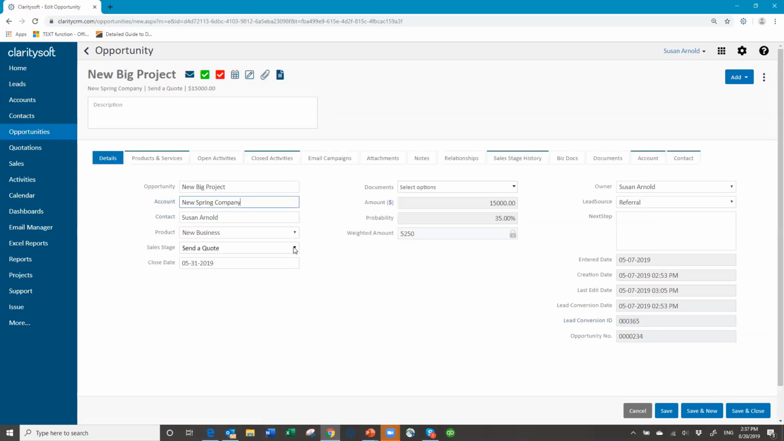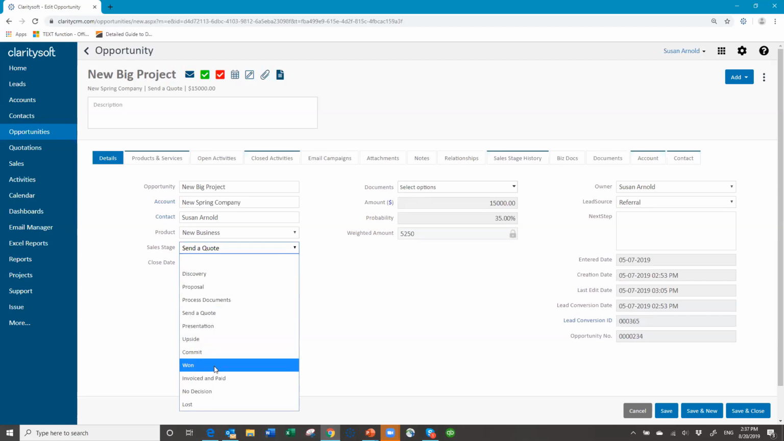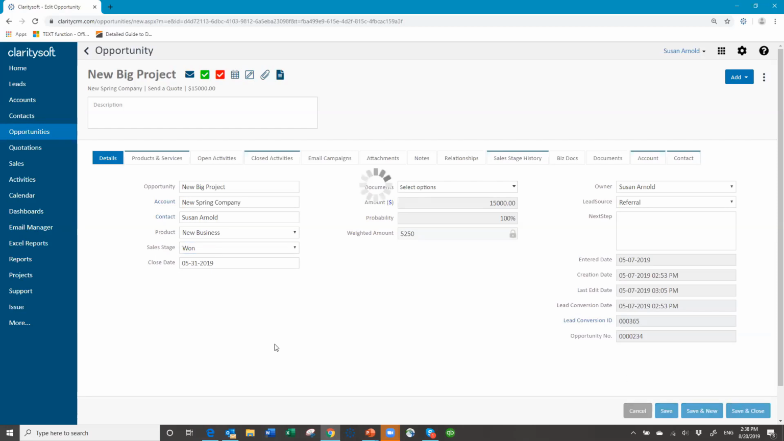And I'm going to change the sales stage to 1. So my sales stage now contains 1. And when I click either save or save and close, that will trigger the email to be sent. So if I do a save and close,